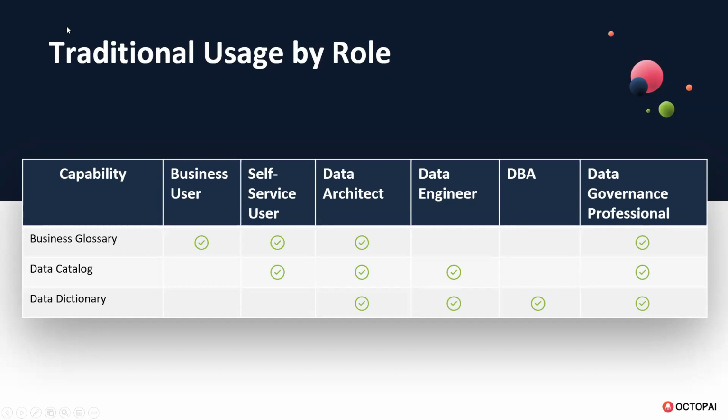And again, the data governance professionals have an interest in it, maybe again for something like privacy. And then the data catalog, the data dictionary, much more on the data on the technical level again. The data architects need it, the data engineers need it. Now our friends, the DBAs, obviously need that because they're primarily working at this level. And again, you'll find the data governance professionals need it also. They need everything.